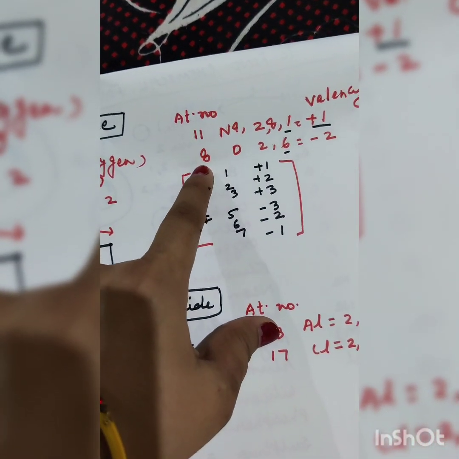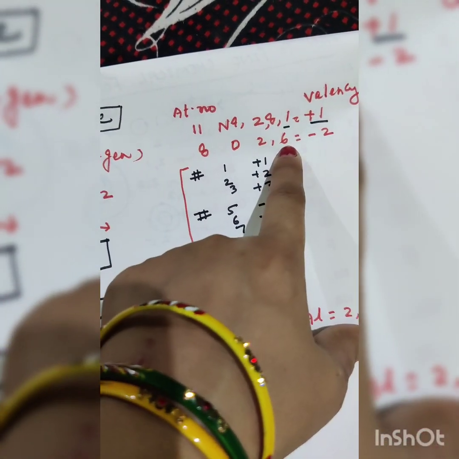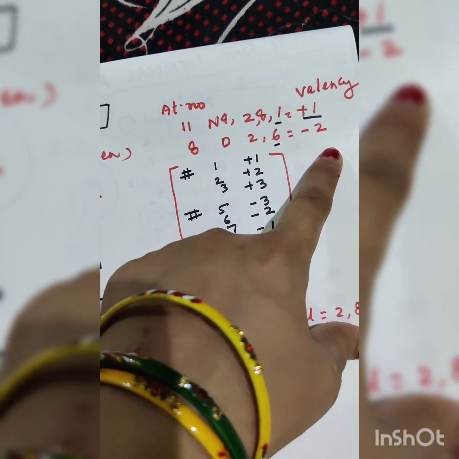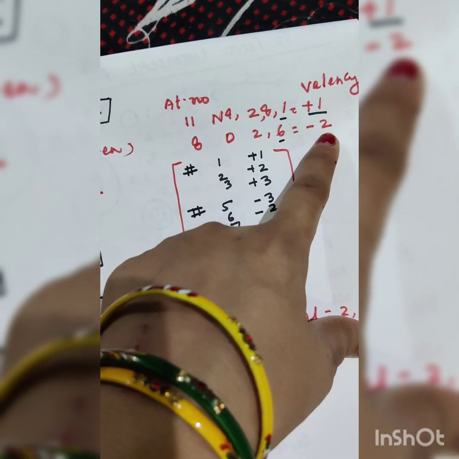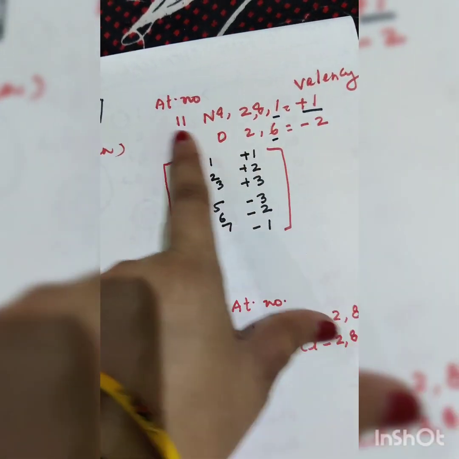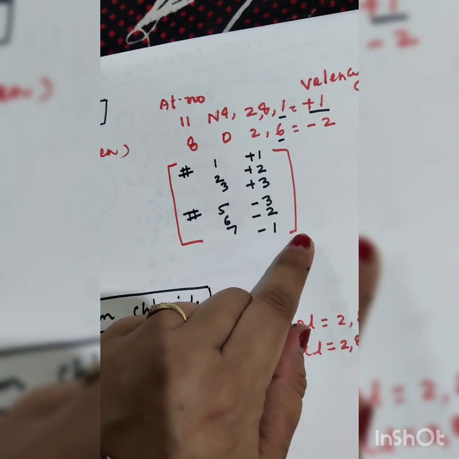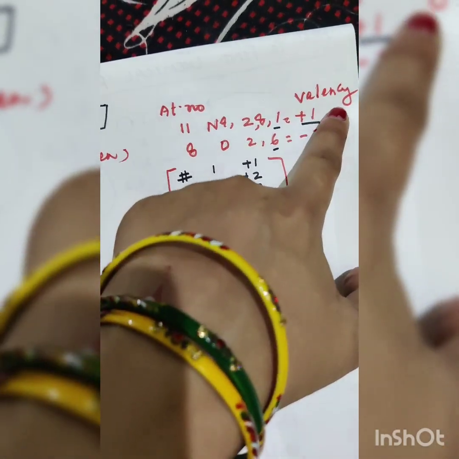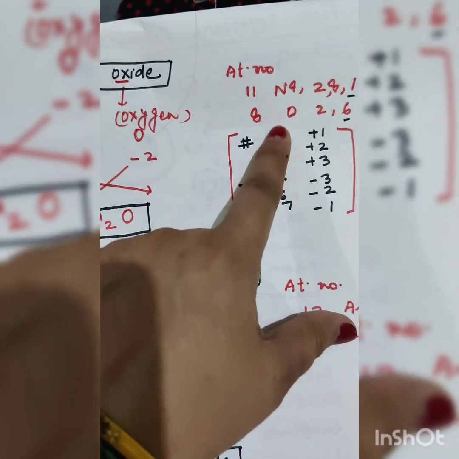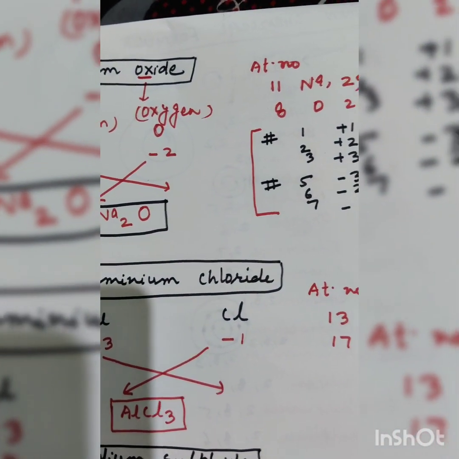While oxygen is having 8 electrons and its electronic distribution is 2, 6. Hence, its valency will be represented as -2. Why -2? Because oxygen needs 2 more electrons to complete its octet, while sodium needs to lose 1 electron to complete its octet. It is called having valency +1, which is known as cation, while oxygen is having valency -2, which is called anion.